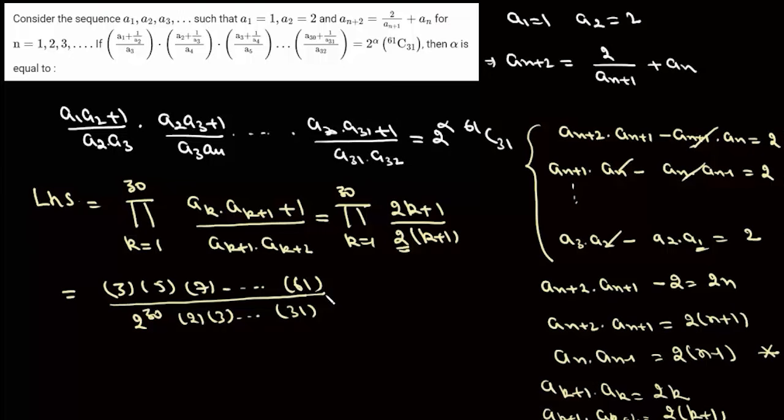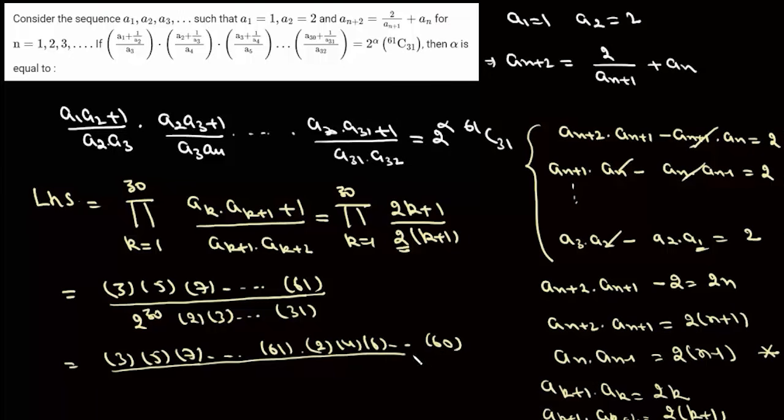Now, since we need 61C31, what we'll do is multiply numerator and denominator with the missing numbers. So we'll multiply 2, 4, 6 up to 60. And in the denominator will be 2 to the power 30, this is 2, 3, up to 31, and here will be 2, 4, 6, up to 60. Now, in the numerator, we'll have 2, 3, 4, 5 up to 61. So the numerator will be